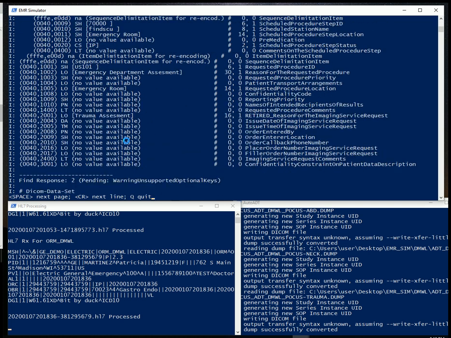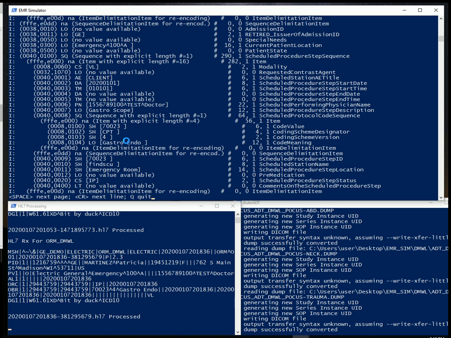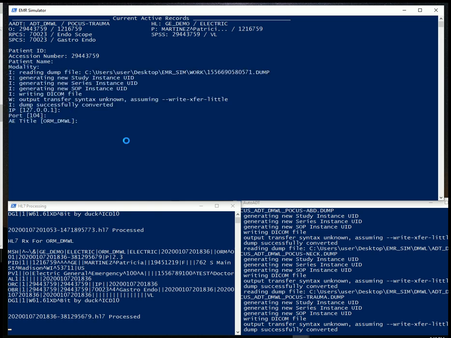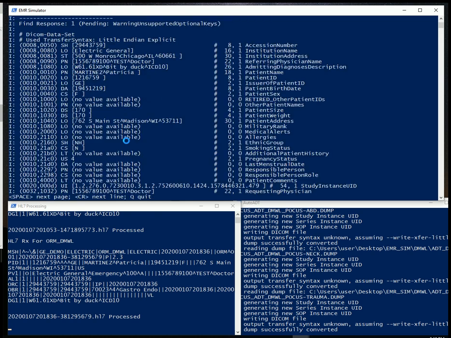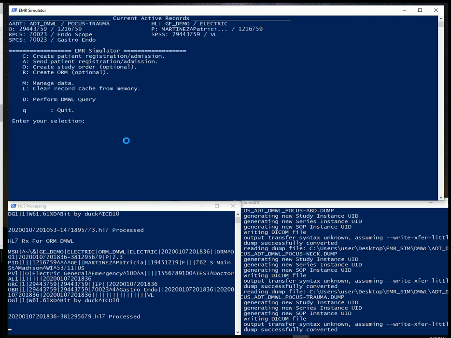So it didn't like something in my query. So we can try, oops, I didn't mean to do that, but let's just try using the accession number this time. So the accession number was 29443759. There it is. It worked on the accession number. I think it was the VL that screwed it up. It didn't query it correctly as VL. So that's it. So that's how I can